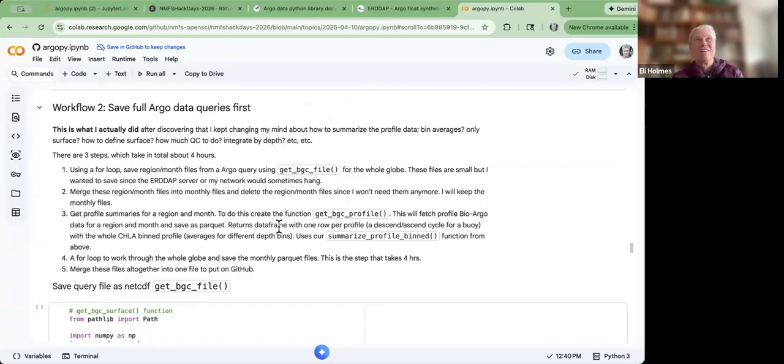It took a lot longer because I'd run it for 4 hours and I'd look at it and be like, I don't know, I don't want to summarize the data like that. And I changed my mind. I kept changing my mind. And I think that was one of my lessons learned, that it would have been better